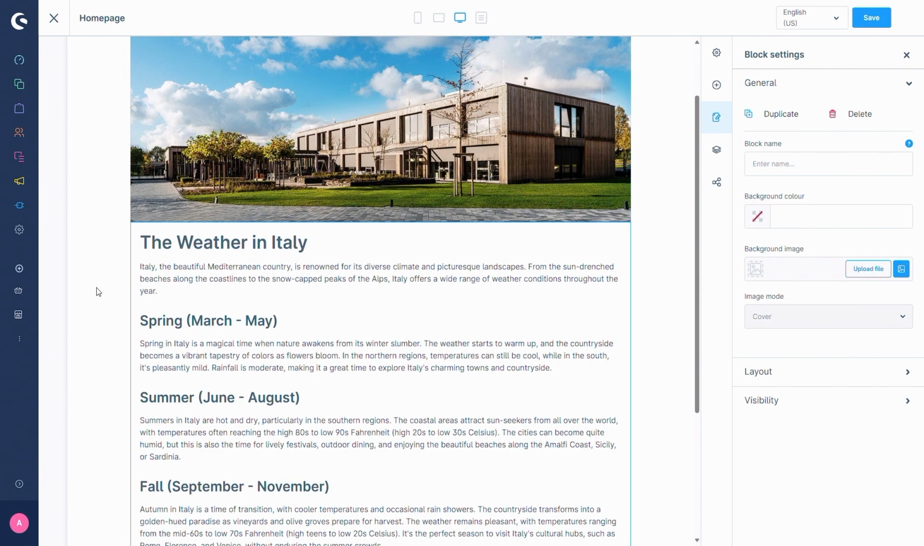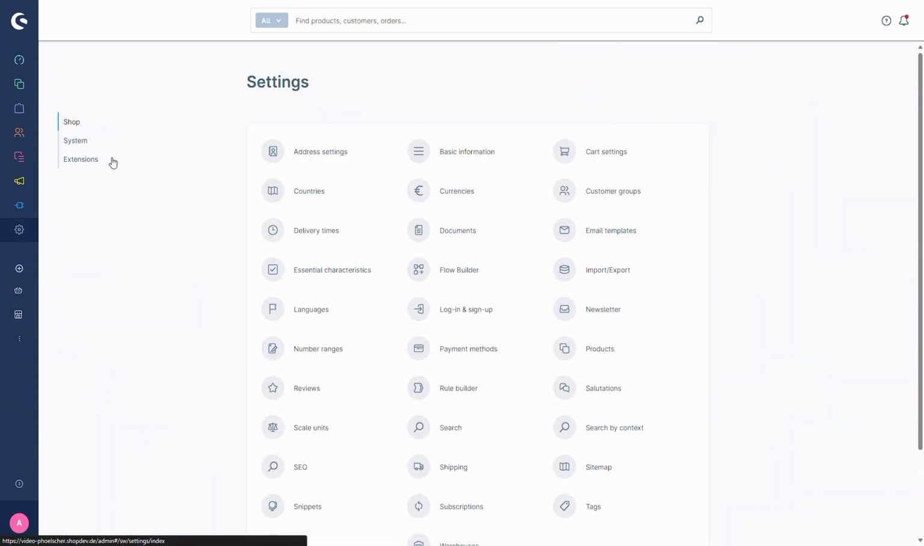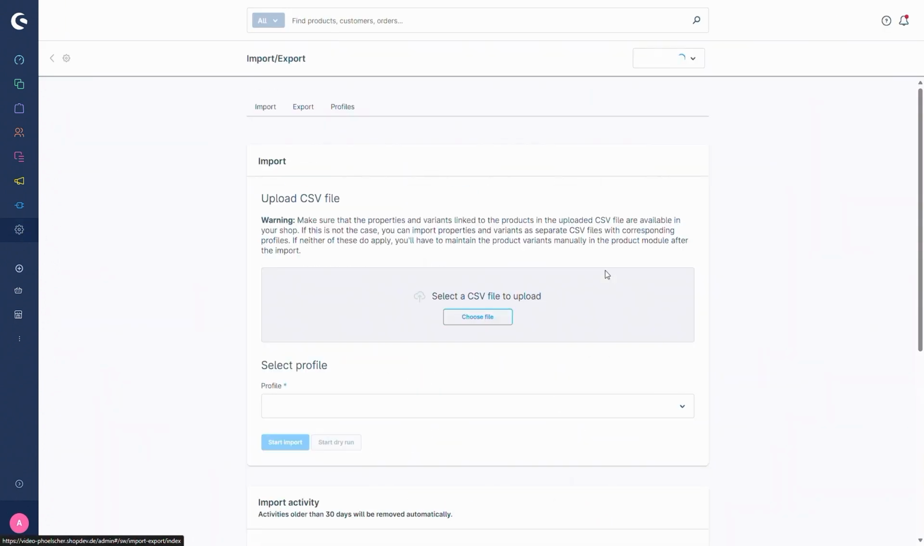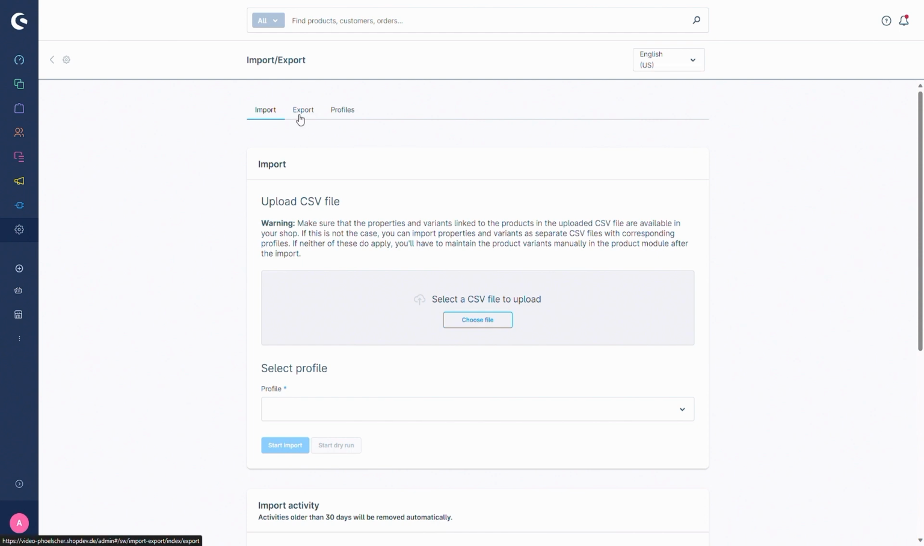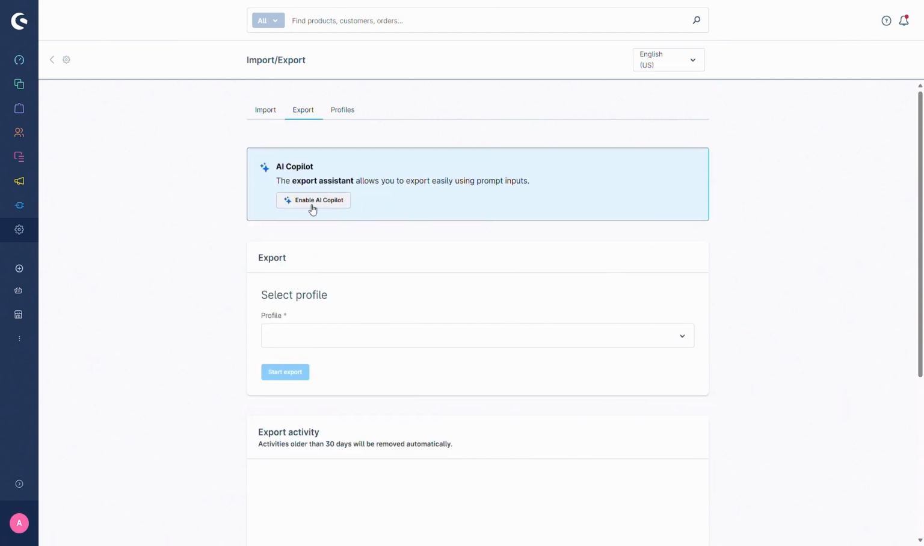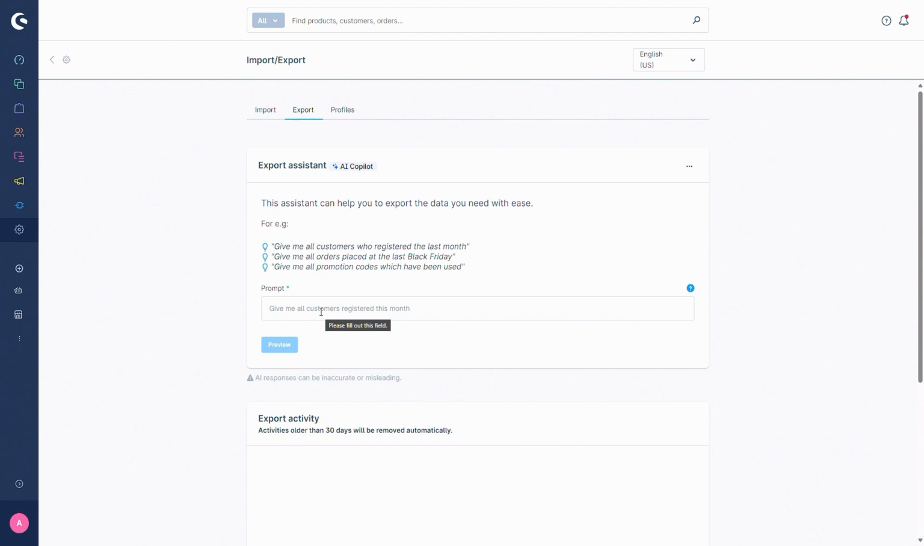With the AI Copilot Export Assistant, you can now export specific data from Shopware in a CSV file. So this feature can be found via Settings and then Import Export. And then via the Export tab, you can then enable the AI Copilot and give it a prompt what should be exported. So in this example, I want to have